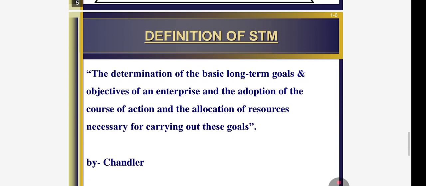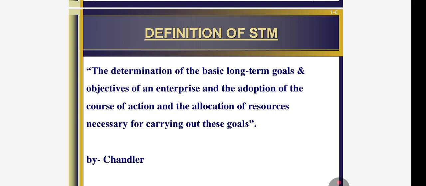And let us see what is the definition of strategic management. If you look at the definition, it says that strategic management is a process, and it is considered as the art and science of formulating, implementing, and evaluating cross-functional decisions that enable the organization to achieve its objectives. So generally, strategic management is not only related to a single specialization, but covers cross-functionals or overall organization. So strategic management is a comprehensive area that covers almost all the functional areas of the organization.